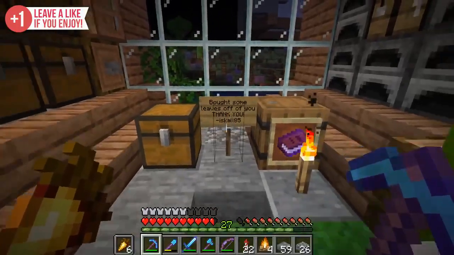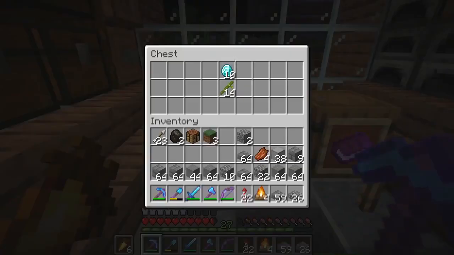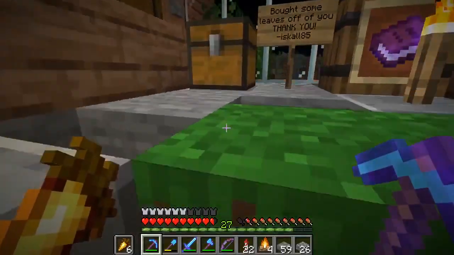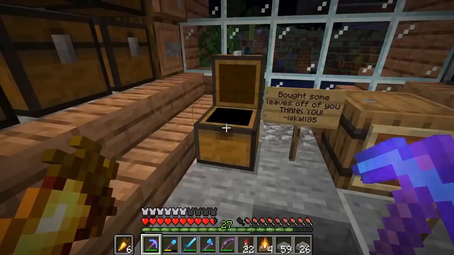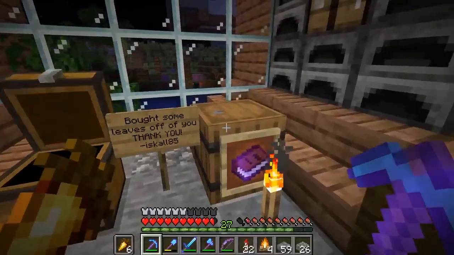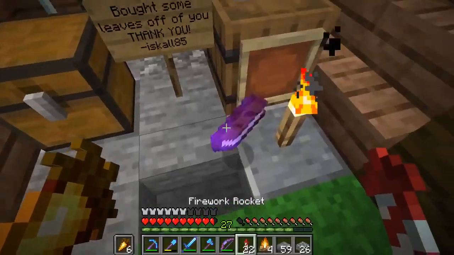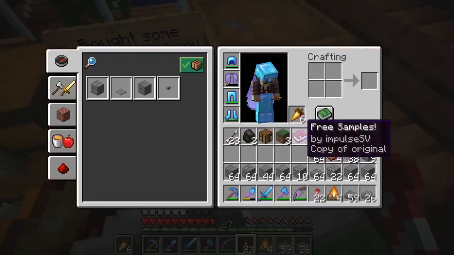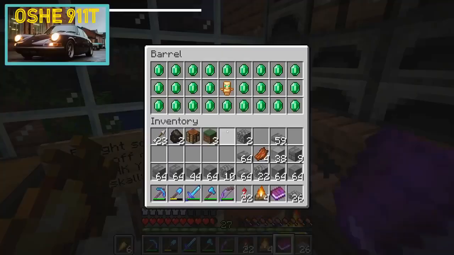Wow, I've just come by to my base. There are yet more things in this tiny little area here. Iskal has bought some leaves off of me, which I much appreciate because I had no use for all of those. It's going to be 10 diamonds, 14 bamboo, which is brilliant. And also, look at this. And what's this book? And free samples by...